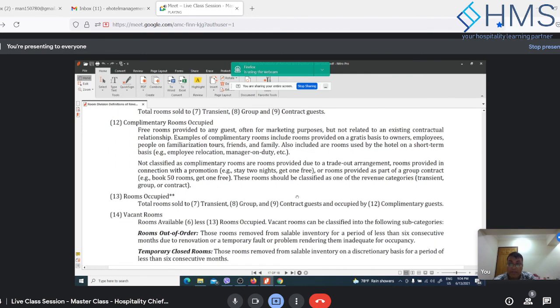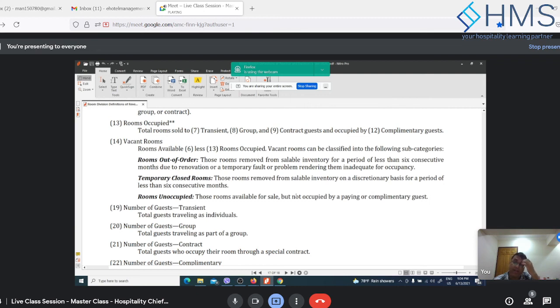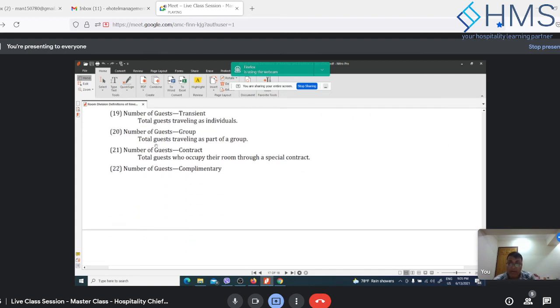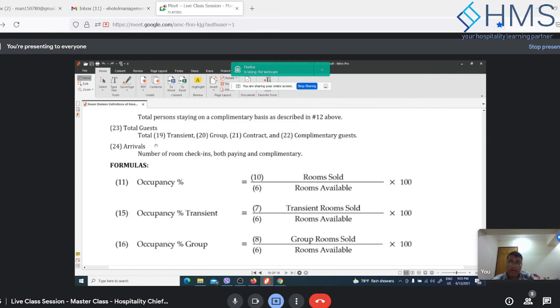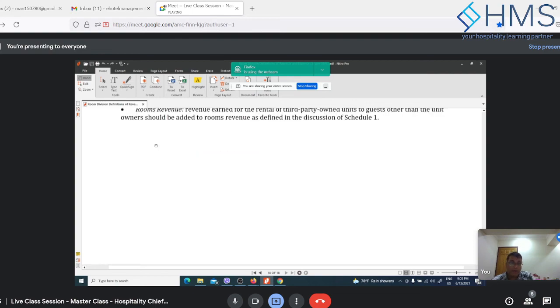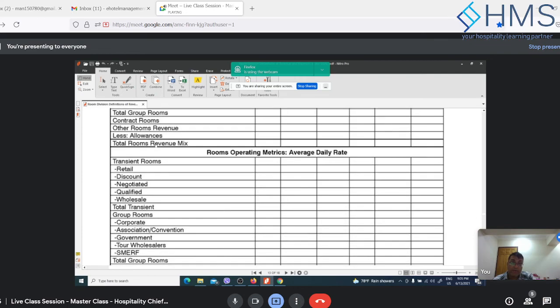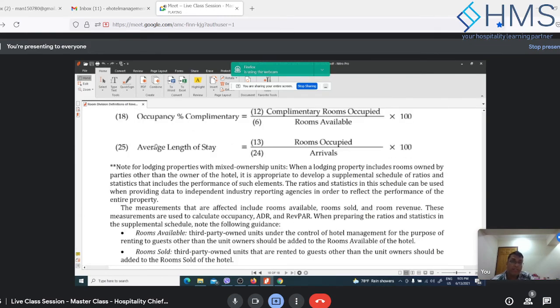The other important definition, so here is the definition of weekend rooms, which are out of order or temporarily closed rooms or unoccupied rooms, right? So here you will see the unoccupied out of order rooms are a part of weekend rooms, but weekend rooms are not part of any statistics. Basically, weekend rooms means that you could have sold those rooms, but you are not selling them. Okay, and the others are not really important definitions worth discussing. So that was all about the rooms department.